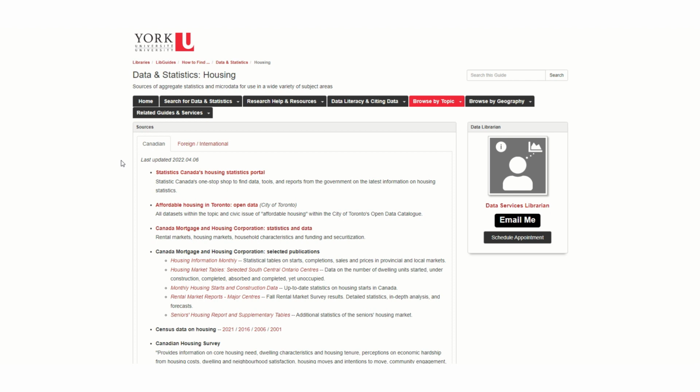This section of the guide and today's exploration primarily focus on government data at all levels, because the government creates policies on housing and thus needs to have data to decide how to formulate these policies. Governments then make some of this data available to the general public, students, and researchers.